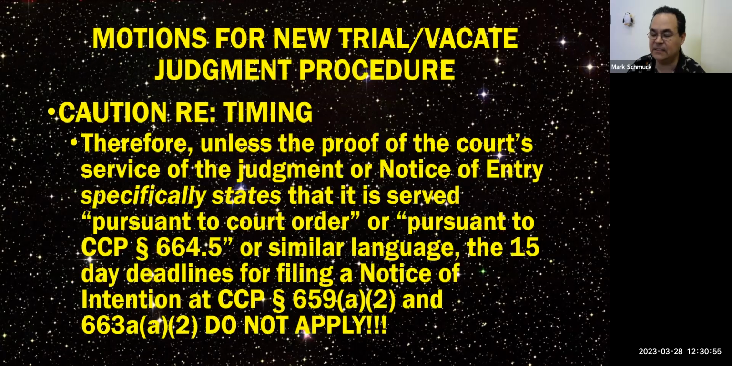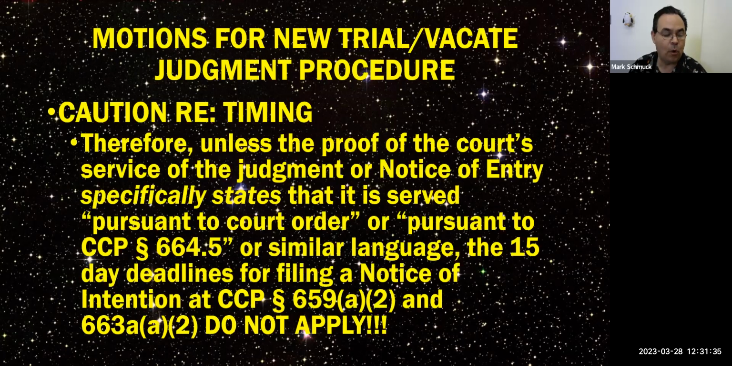What this means is that if the court serves the judgment and there's a proof of service, unless the judgment or proof of service says it is served pursuant to court order or pursuant to CCP section 664.5, then the 15-day deadlines to file a motion for a new trial or a motion to vacate judgment do not apply. It is 180 days that would apply. Now, keep in mind,